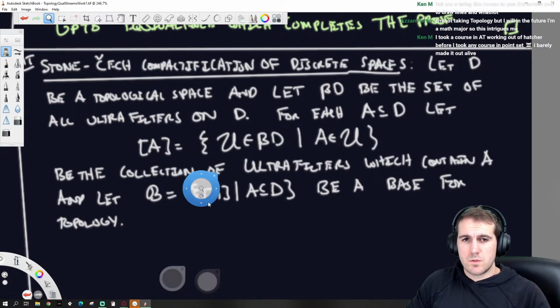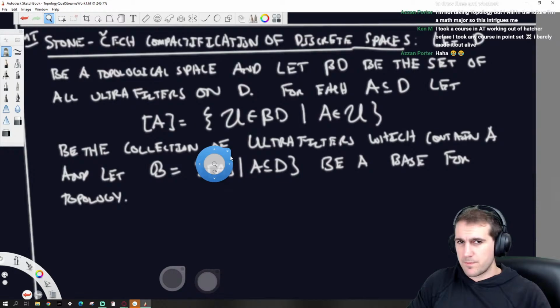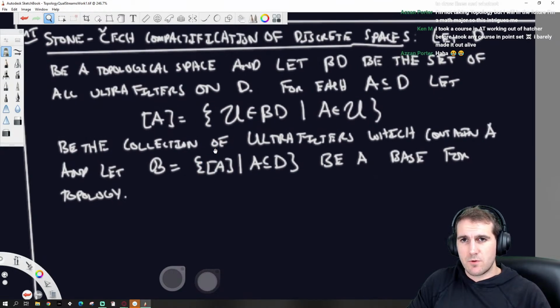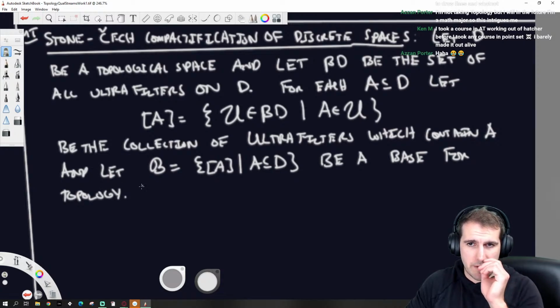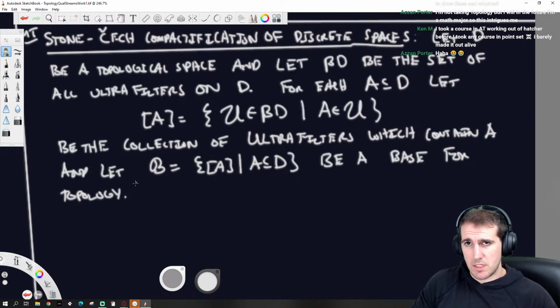So you have this set of stuff that's going to form the base of the topology, and the claim is that this is the Stone-Čech Compactification. So that just means that it has the unique extension property.